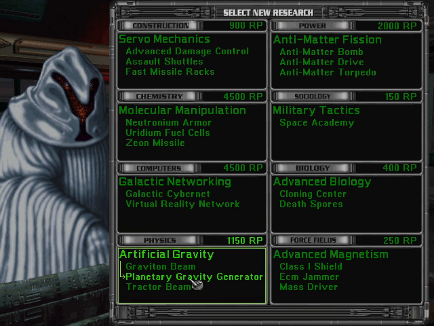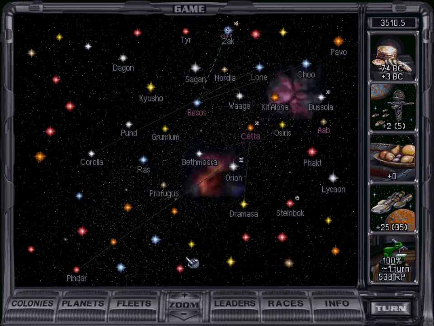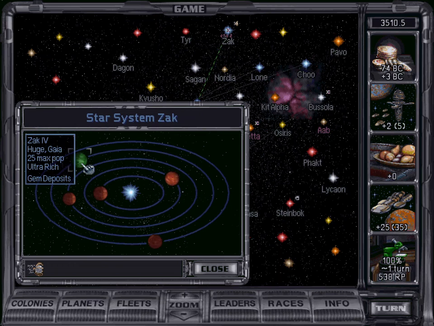Well, this is kind of tempting, but well, let's grab that Space Academy. And Zak is a huge Gaia ultra rich. Wow, that's pretty impressive. So since this was not a Guardian rush but a Droid rush, and since I really like this planet to be my colony, let's go for that